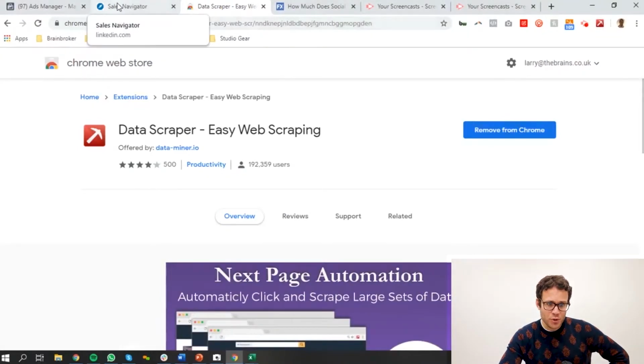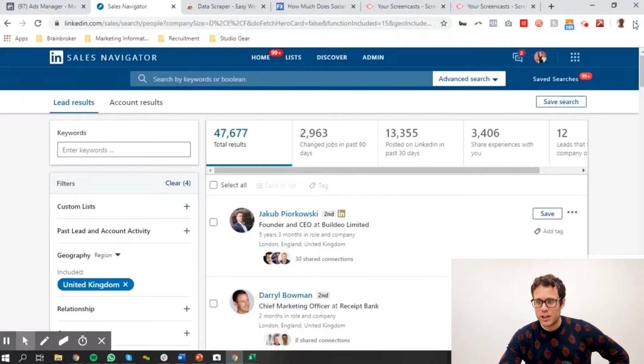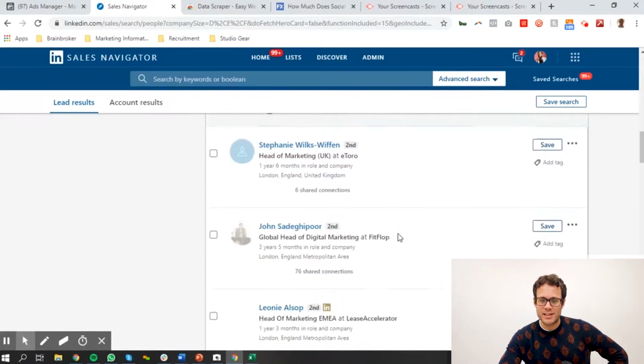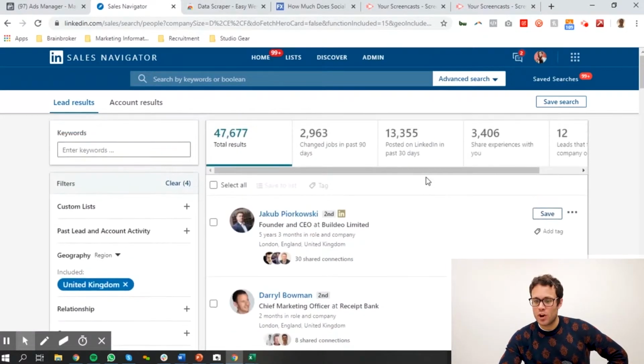And basically when you go into Sales Navigator, you click it, there's loads of people who create scripts for all sorts of websites, not just LinkedIn. And it lets you scrape data. So there's a script that is for LinkedIn Sales Navigator search results. So boom, it's going to take all of this information. Now, it's not going to take their email address because this isn't known. This isn't publicly available information. It's going to take their first, last name, their company name.